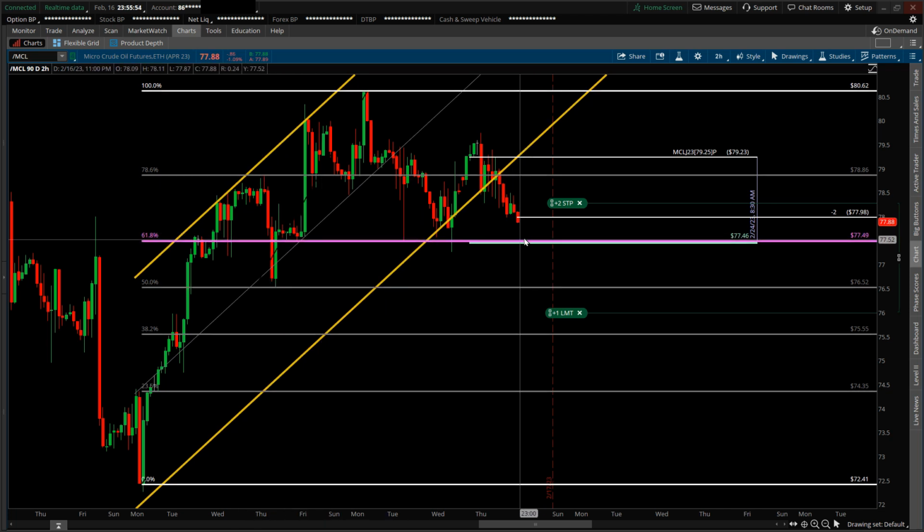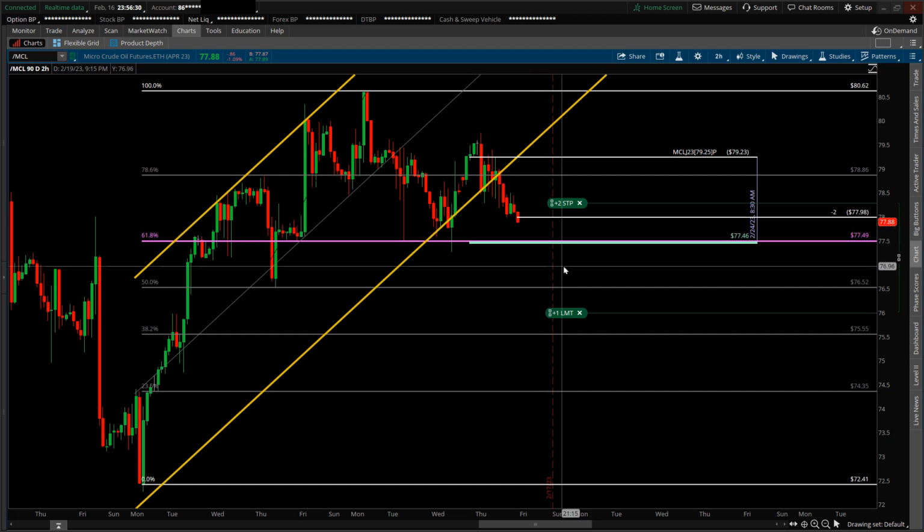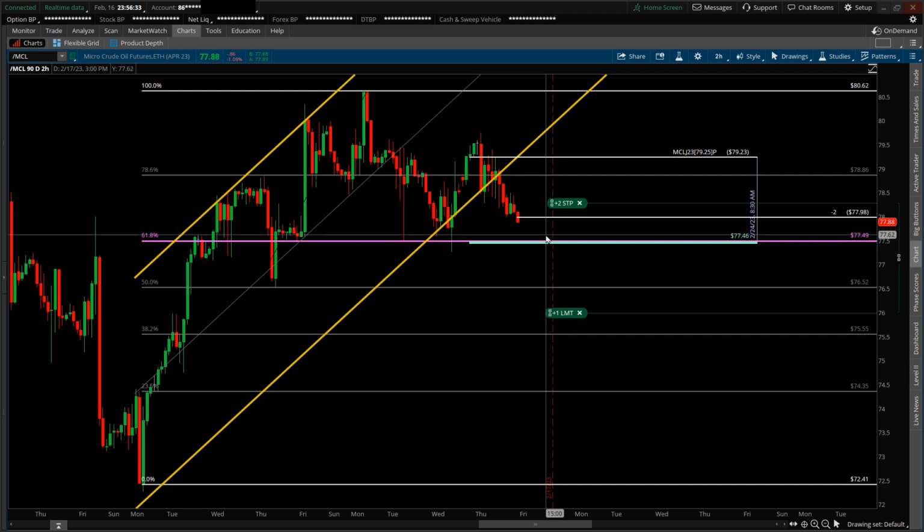So this is an area I'll be looking to maybe just close the trade out, because I really don't want to have an open trade going into an extended weekend, because Monday is a national holiday. So that's 3 days where, if I keep this trade open and for some reason the oil reverses during the weekend, I won't be able to close this trade out until the futures market starts trading again, either Sunday evening or Monday evening because of the holiday. So I just want to mitigate the risk and possibly just close this trade out